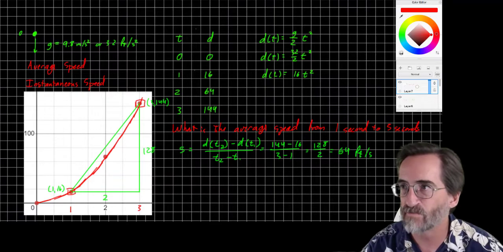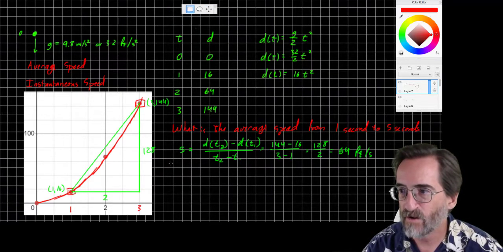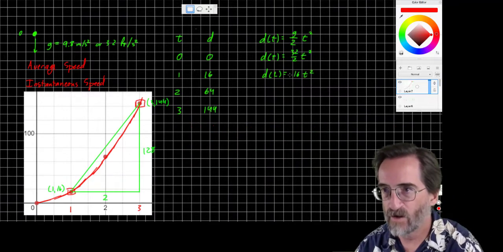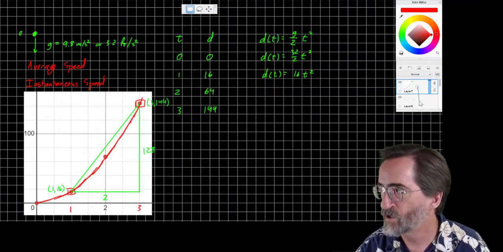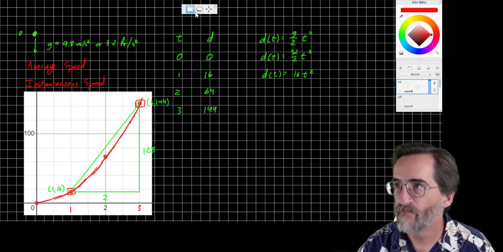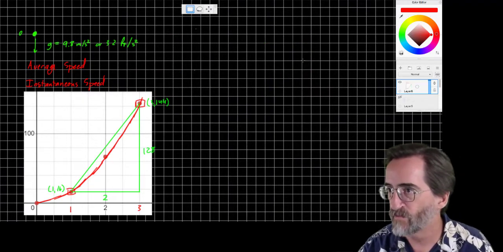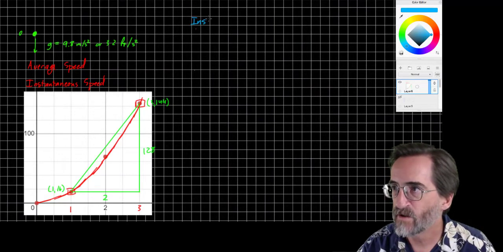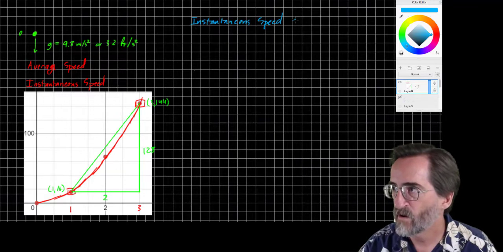Let me clear some space here. Instantaneous speed at 1 second. Okay, and let's merge layers. Okay. Instantaneous speed at 1 second. Okay. So instantaneous speed